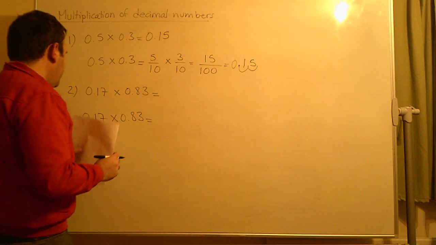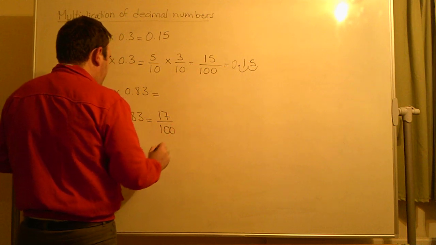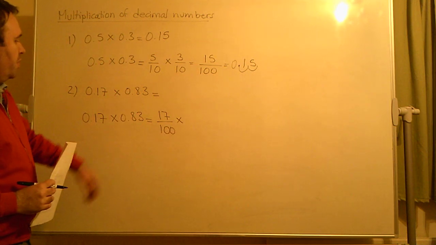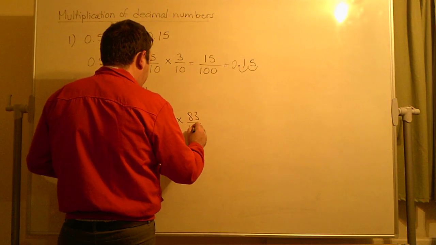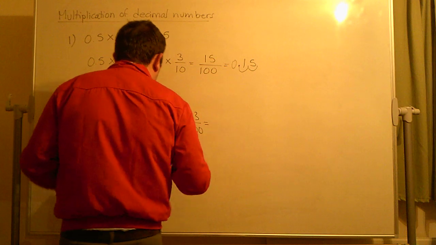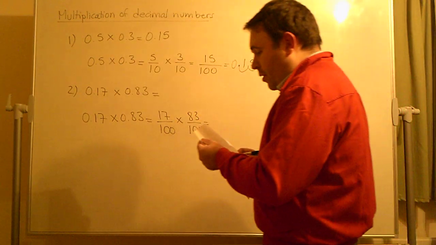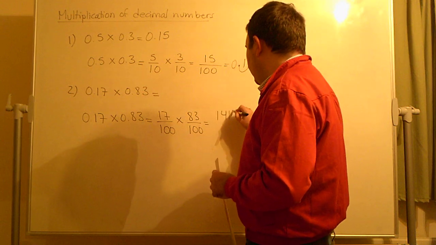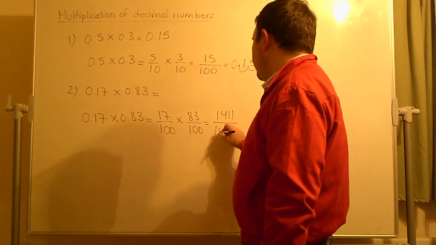So 0.17 is equal to 17 divided by 100 times 0.83, which would be equal to 83 divided by 100. Now, 17 times 83 would be 1411 divided by 100 times 100, which would be